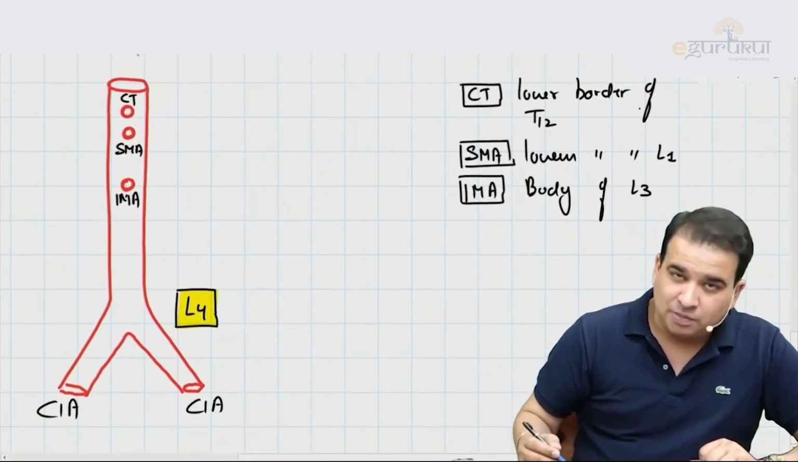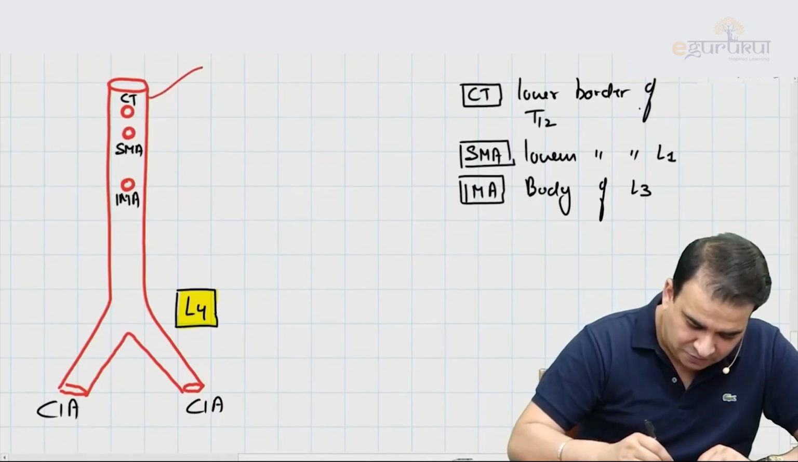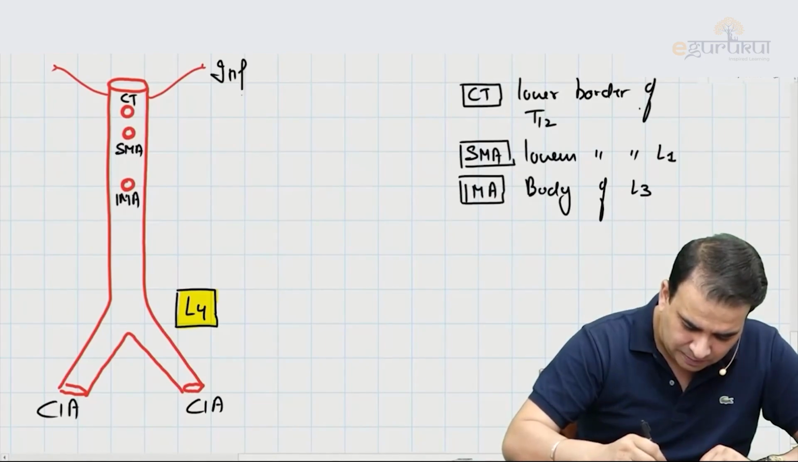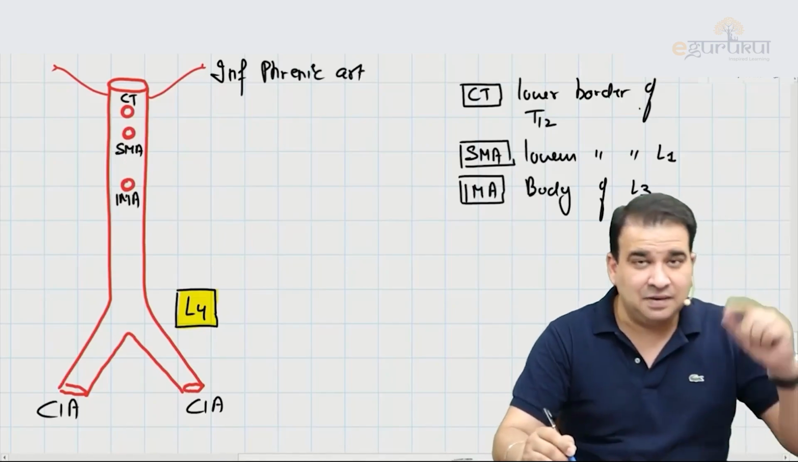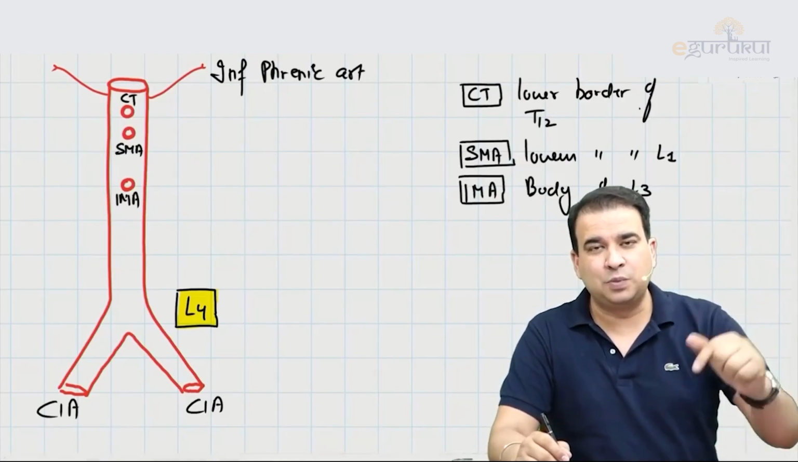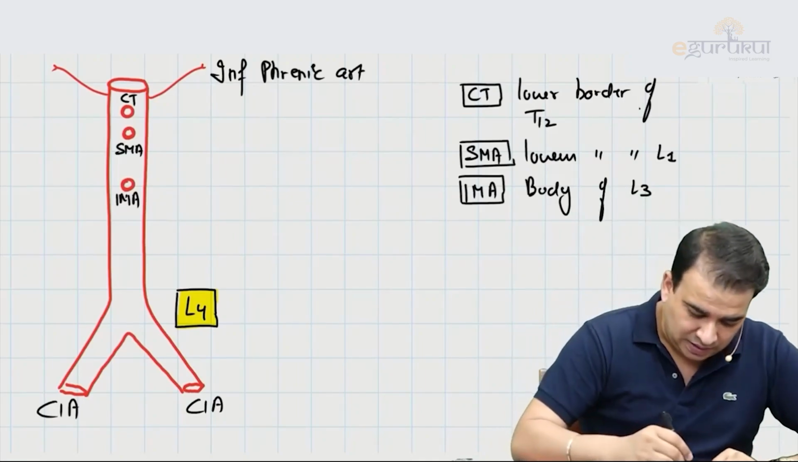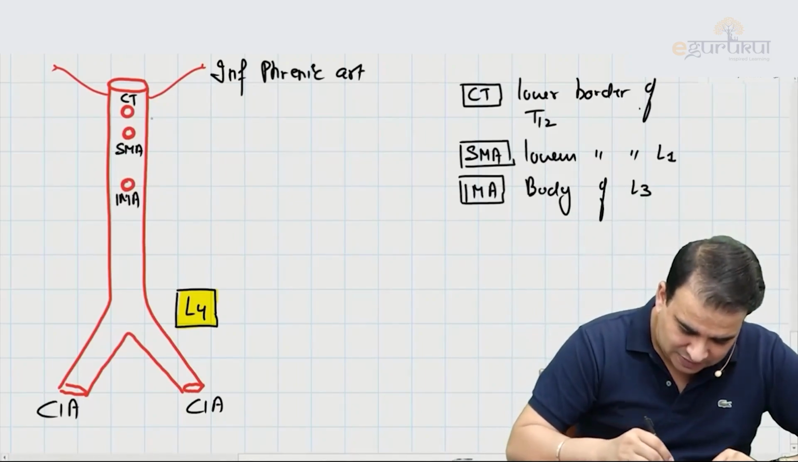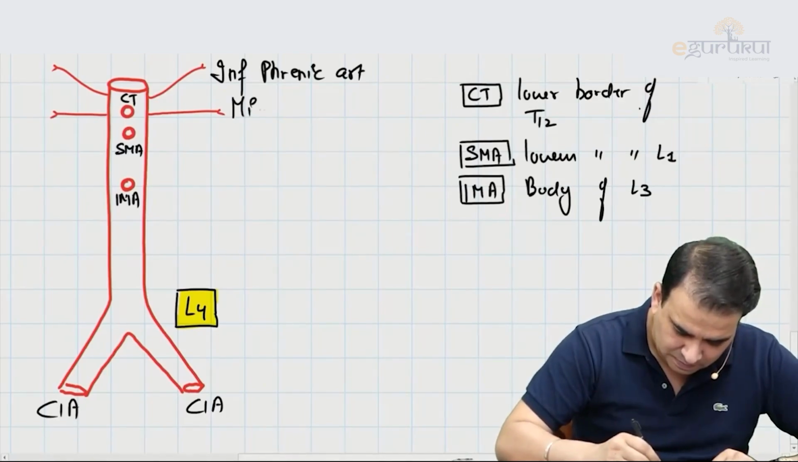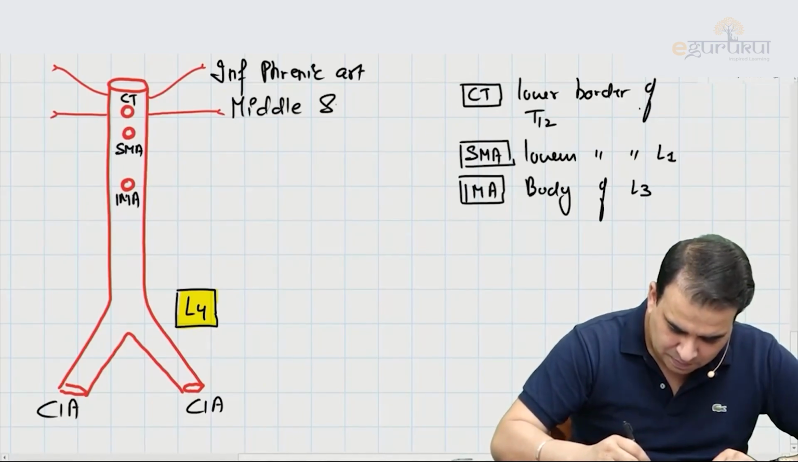The other branches we talked about, we said we have the inferior phrenic artery. Always let's apply the diaphragm, that is called the inferior phrenic artery. And it's the inferior phrenic artery only which will give off the superior adrenal artery, or you can say superior suprarenal artery. Then we said we have this middle suprarenal artery seen